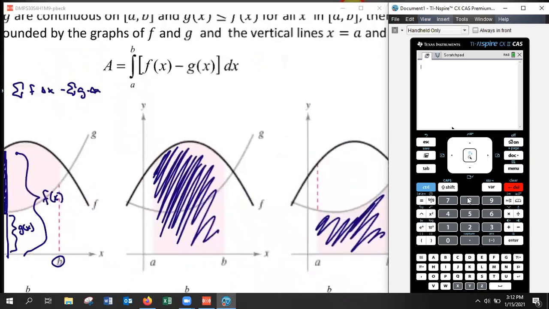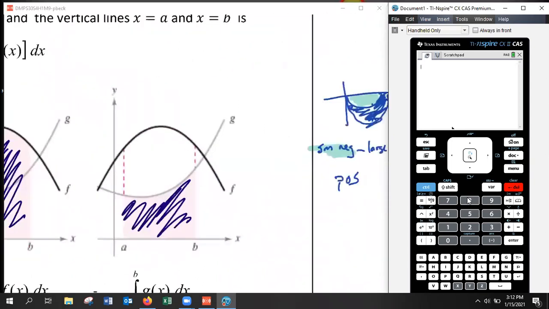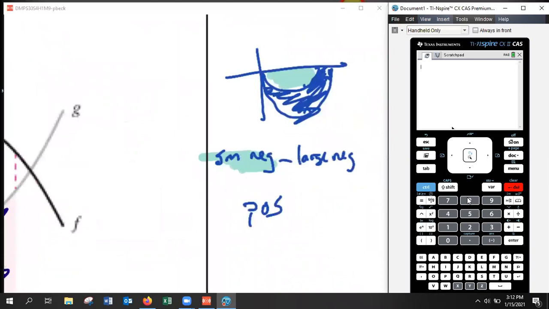What happens if both functions are below the x-axis? If both functions are below the x-axis, we still want to treat this as upper minus lower, and this was meant to extend over here. So we still are going to treat this as upper minus lower, where the upper function is